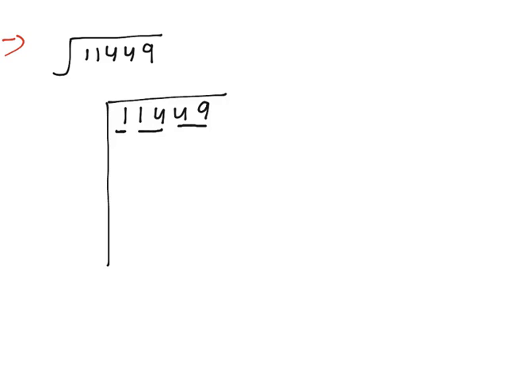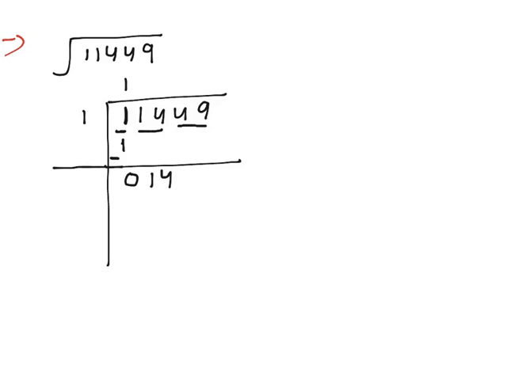So here we have two groups of two digits. So clearly here we are left with 1. So 1 times 1 will give us 1 only. So we will write 1 over here. Then the next step, what will we do? We will subtract. So 1 minus 1 will give 0. Then what will we do? We will copy 14.